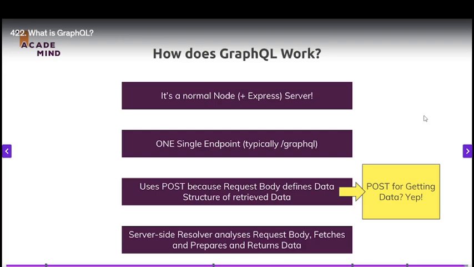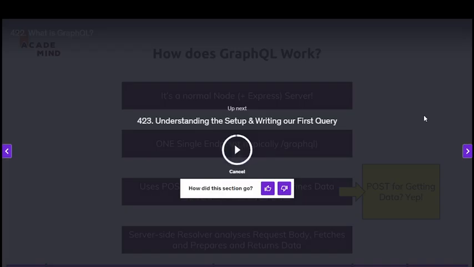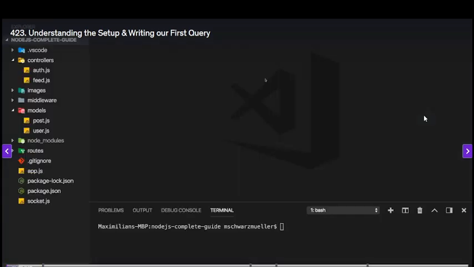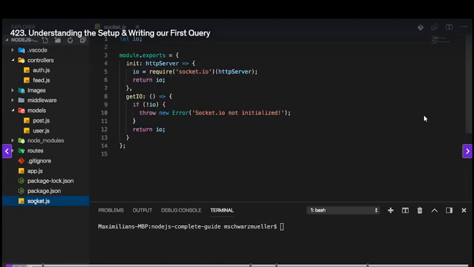Now that was a lot of theory. Let's see it in action. To see it in action, I'm back in our REST API project we created earlier, where we previously added Socket.io. And first of all,